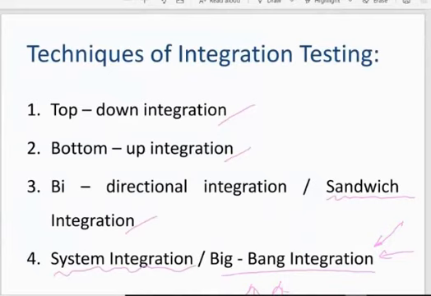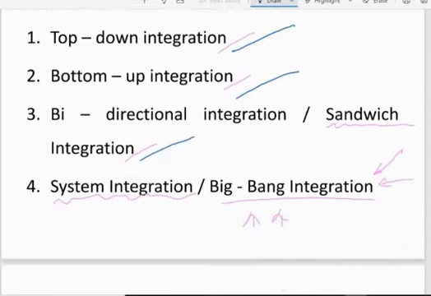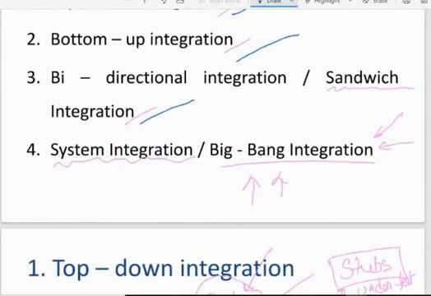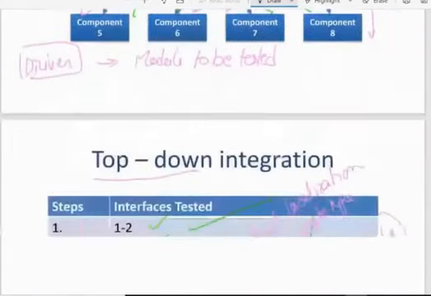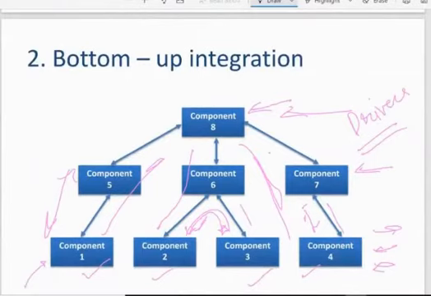We looked into top-down integration, bottom-up integration, and bidirectional integration, and then we looked into system integration, where we said there is also Big Bang integration. Then we saw the basic top-down integration approach, and then the bottom-up integration approach, and afterwards